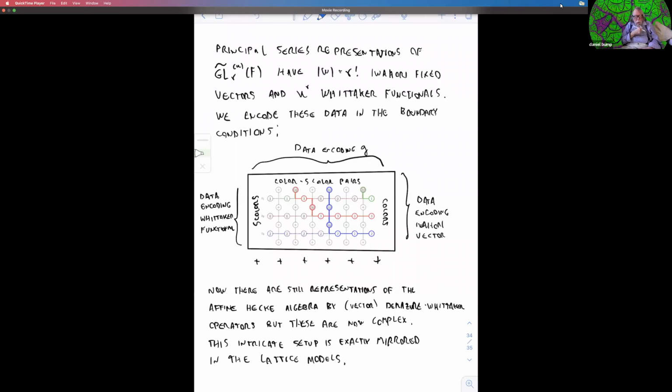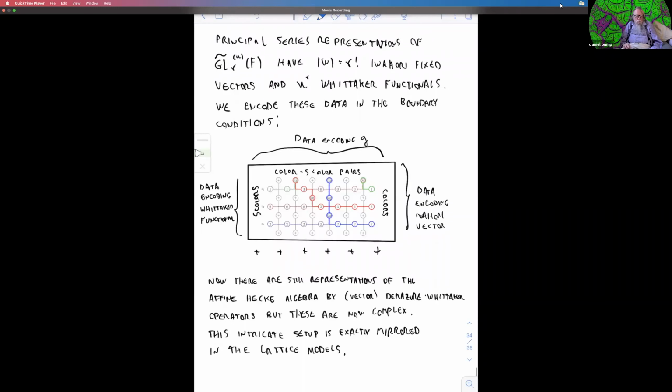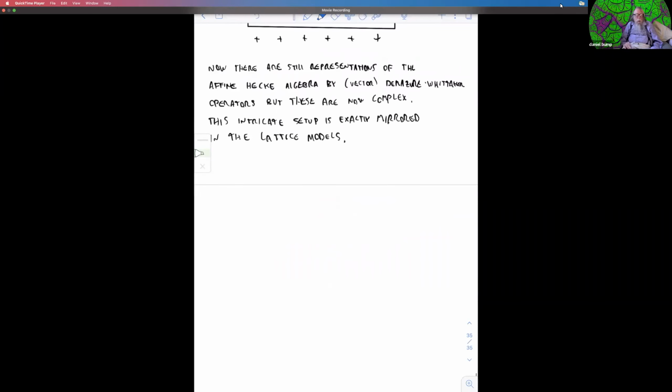And the miracle works, so there are Demazure-Whittaker operators. They're now rather complicated. They were first studied by Chinta, Gunnells and Puskas, and Patnaik, although precursors go back in the literature to other papers and so forth. Anyway, we make use of those to get Demazure recursions, and then we prove that these lattice models satisfy the same recursions. And that's my last slide.